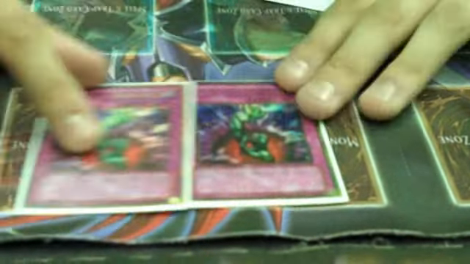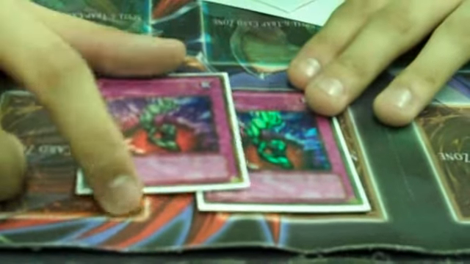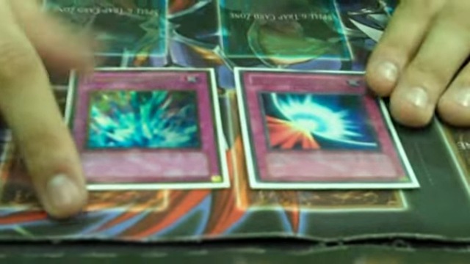2 Bottomless Trap Holes. Bottomless are becoming more of a staple. This just helps against anything that's big, like Whirlwind targets when they try to bring out 17, 18s. Just helps out a lot. Mirror Force and Torrential Tribute are pretty much staples, and help against mass swarms and destructions. Now on to the